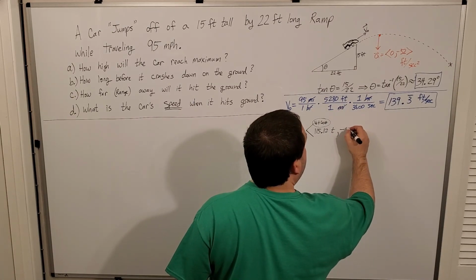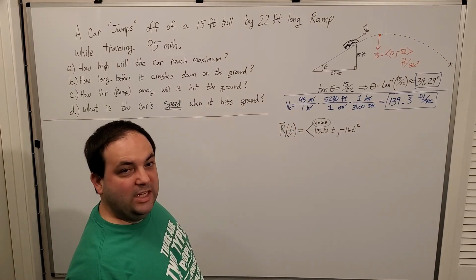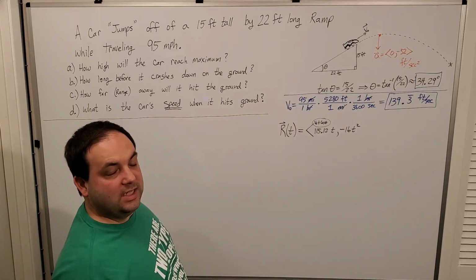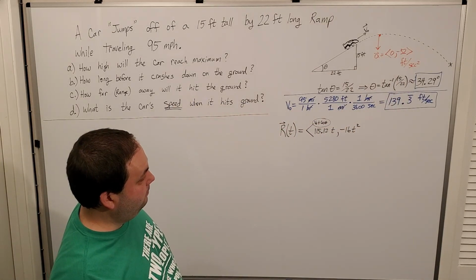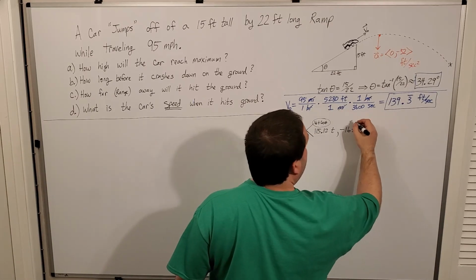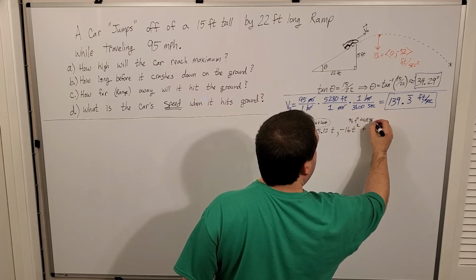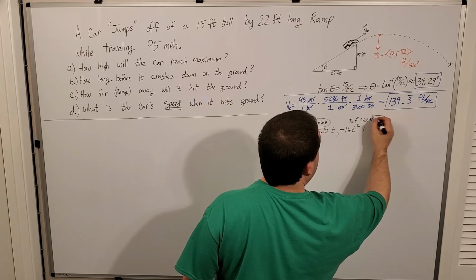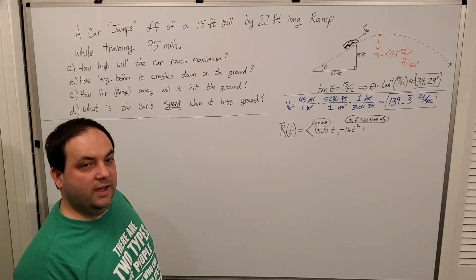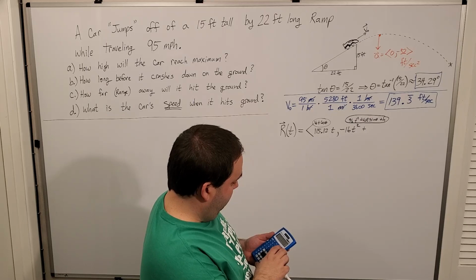I'm going to have negative 16 t squared, because remember, it's a divided by 2, and my a right now is negative 32 feet per second per second. Plus, this is a over 2 t squared plus v naught t sine theta plus h. That was our original y component of the r vector function. So v naught times sine theta